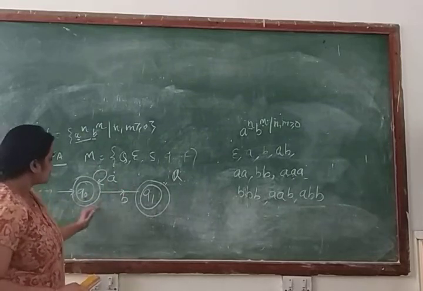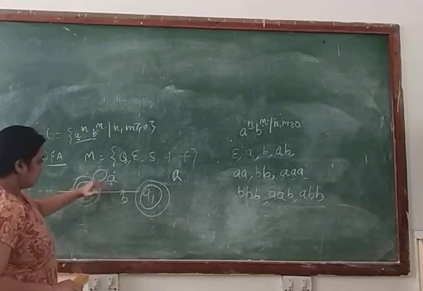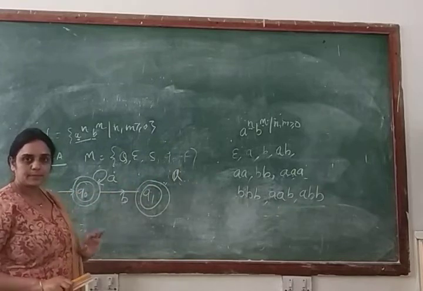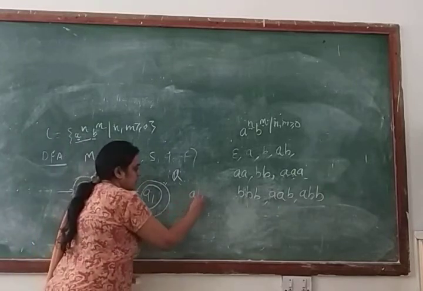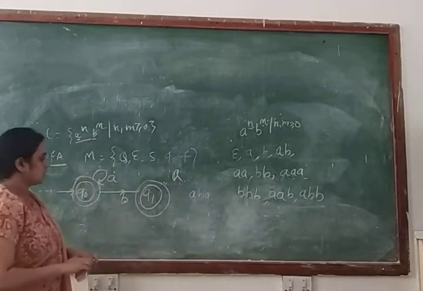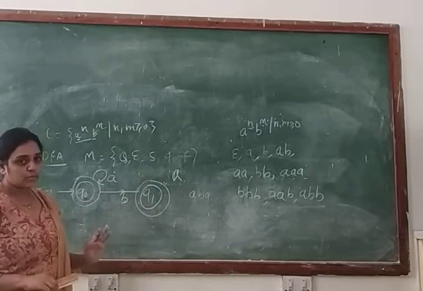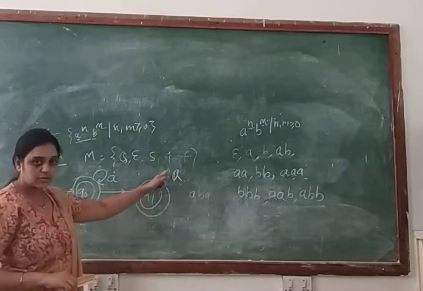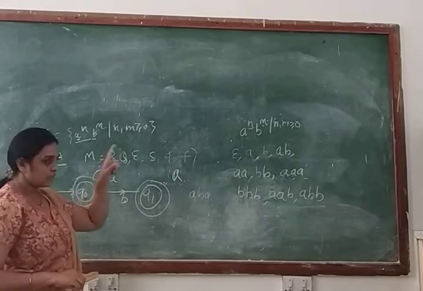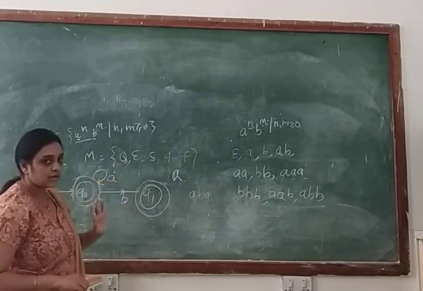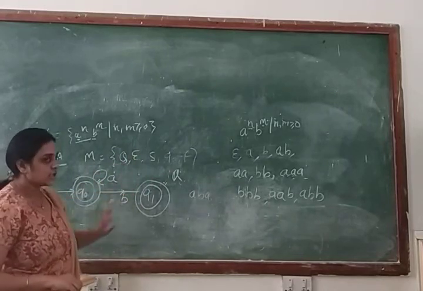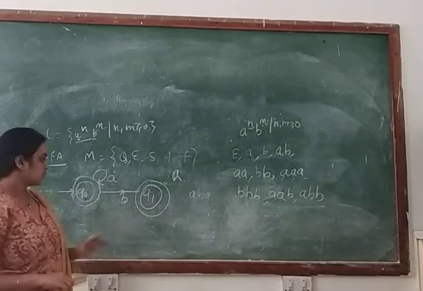In that case, your machine will accept A, B, A. Clear? Just write down this string, whatever strings will be accepted by your machine if you are making a transition like that. That's why I am making it in the form of a diagram. Clear? This is not your final condition. I am just making this condition for discussion purposes.